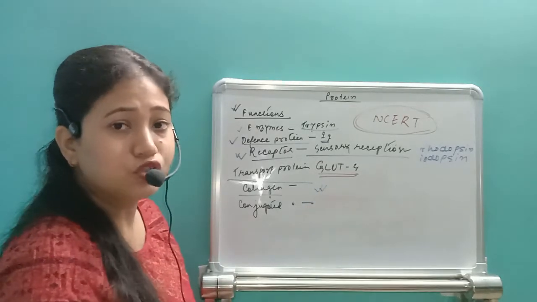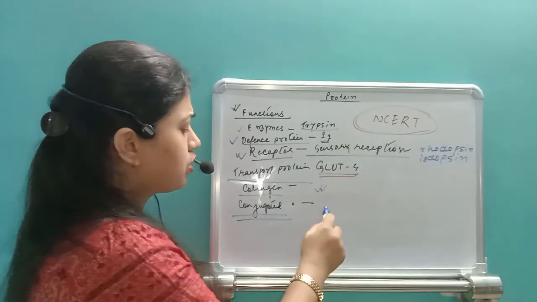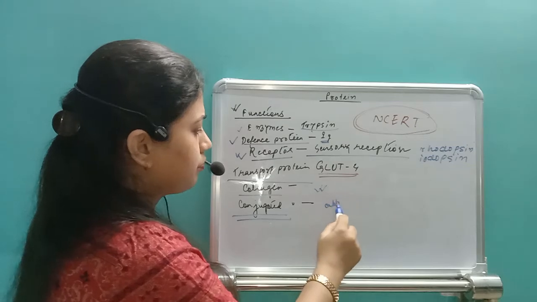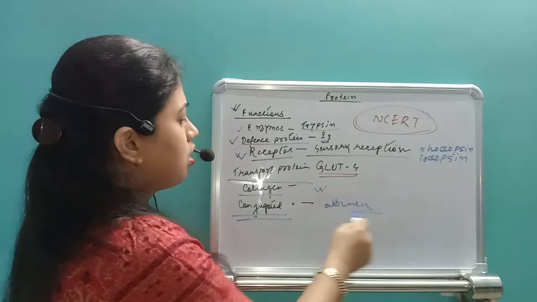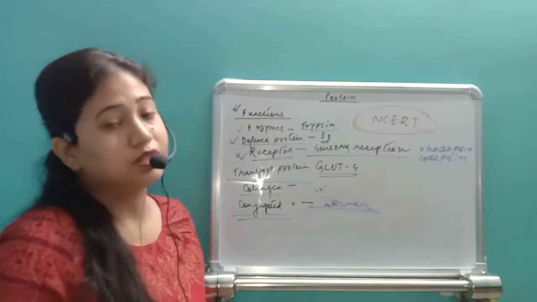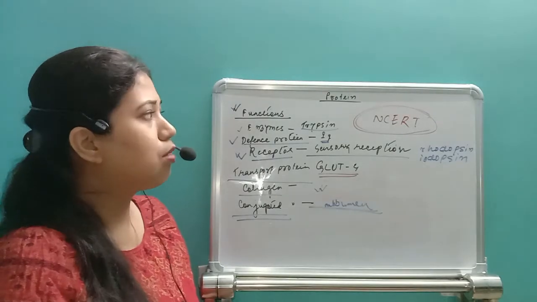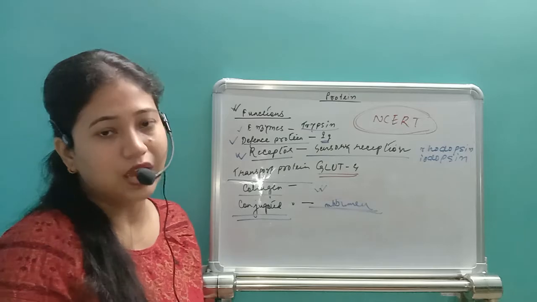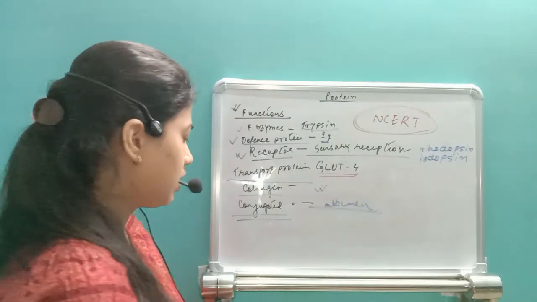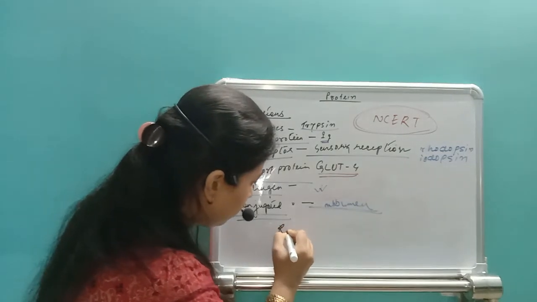Next one is conjugated protein. So different conjugated proteins like albumin. Albumin is also very important. Albumin is an example of a conjugated protein. So different types of proteins and their functions we have to see. Remember this thing. And one example we can give, that is